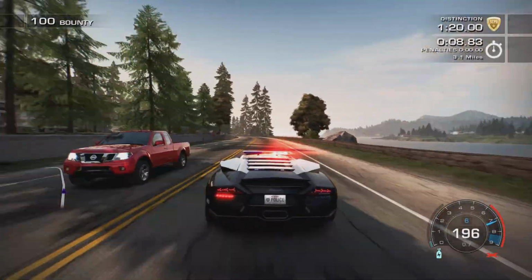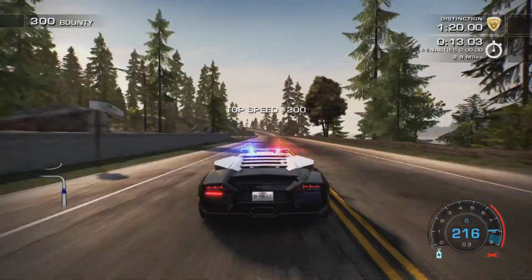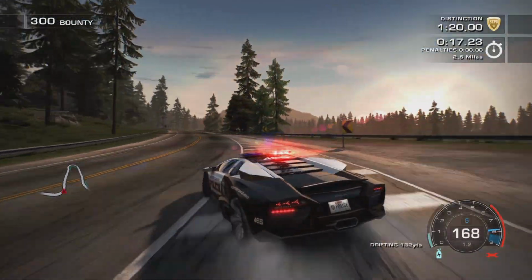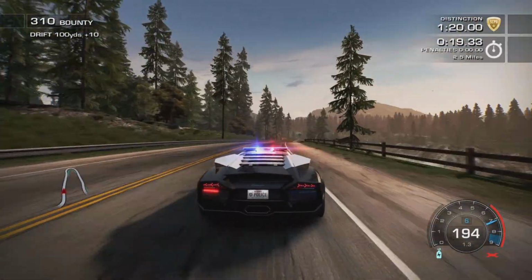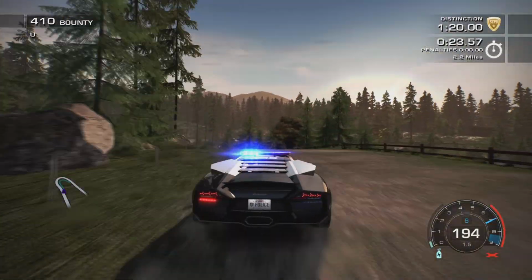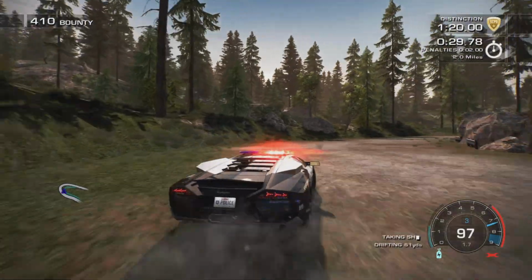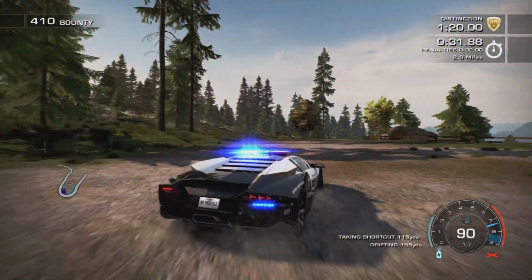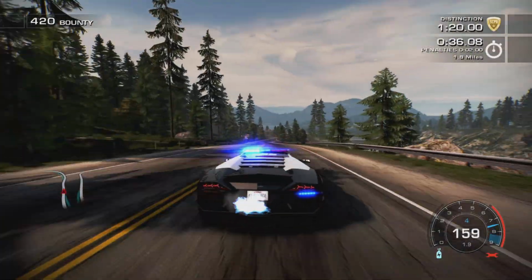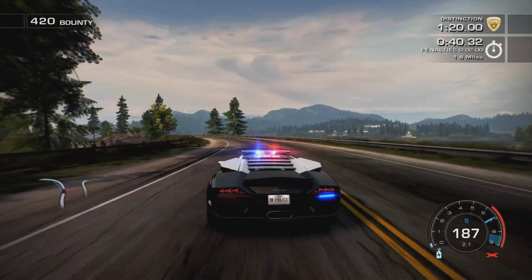So for 3.5 miles, we need to try and drive to the absolute best we can, as we get a top speed of about 220 miles per hour, drift round the corner, and we are absolutely blitzing it through this road. Decide to take the shortcut. Doesn't really end up paying off there as we get a collision with the wall. That's a 2-second penalty given to us there, so not the ideal scenario, but we continue on anyway,